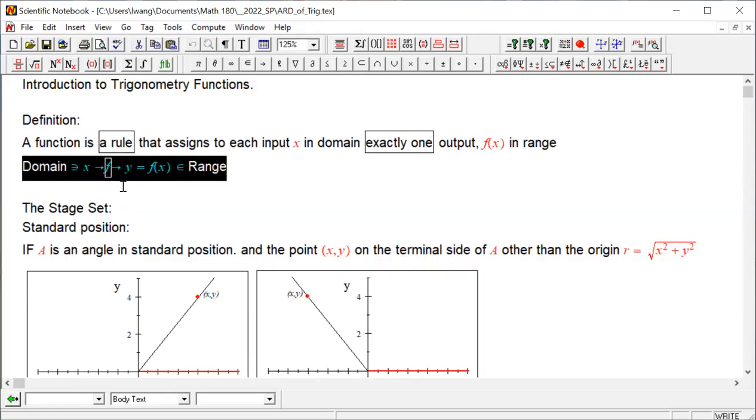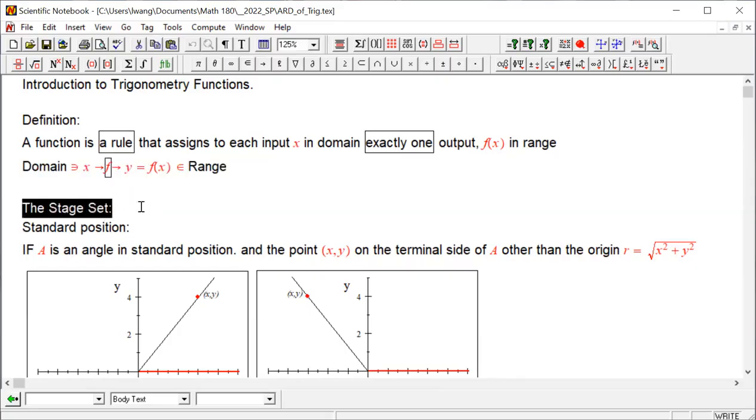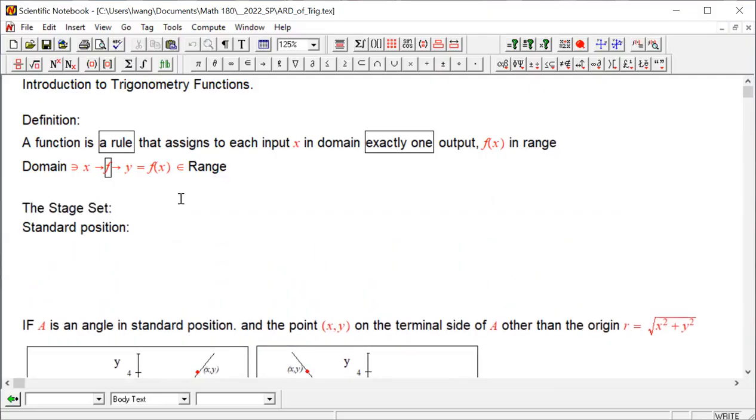A trig function, however, is a complicated function, because it requires some stage set before we can introduce the function. So let's look at the stage set. The first thing first, we need to understand all six functions,